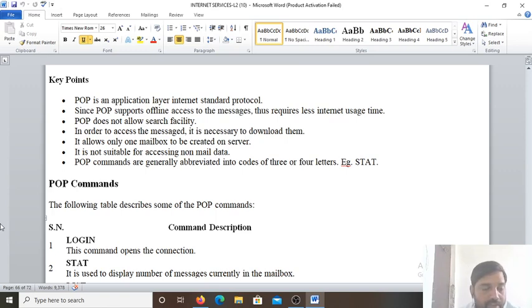First of all, we have to click on Start and go to the Control Panel. Now the Control Panel window will open. From the Control Panel window, you have to select the Programs folder. You can see in figure 2.9, Control Panel, there is the Programs folder. So you have to select the Programs folder.